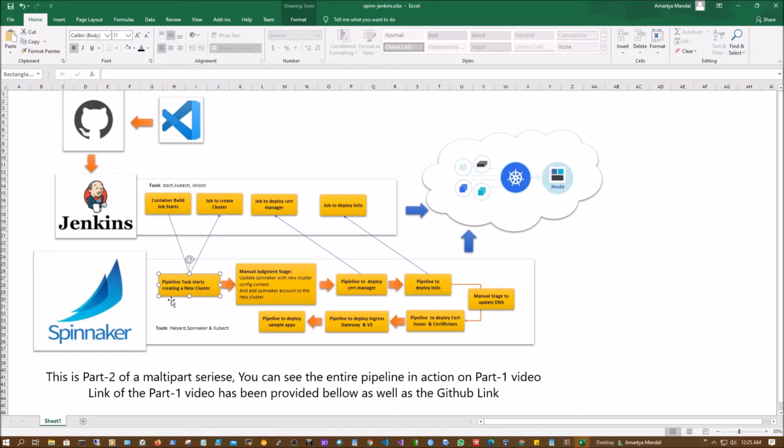Why will it trigger? Basically, the trigger has been set for any change or update to a specific image in the Docker registry. So the moment the container build job ends and the images are updated in the Docker registry, the Spinnaker pipeline will start automatically. Now, this particular pipeline will invoke a job, which is again sitting in the Jenkins server itself,